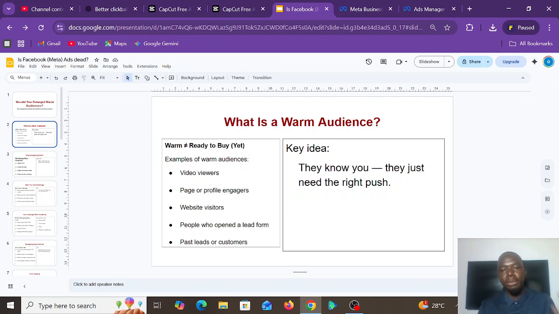A lead form is the form that pops up for people to put in their contact details and for you to get them as customers. So anyone that opens your lead form is a warm audience. Then lastly, we have past leads or customers. These are warm audience also. They have worked with you before.